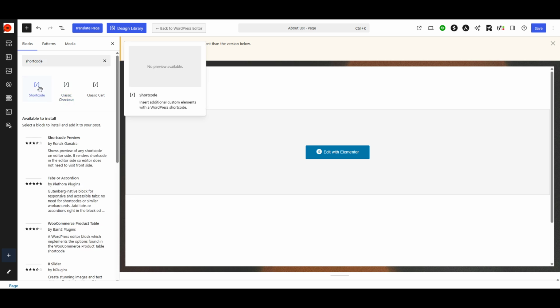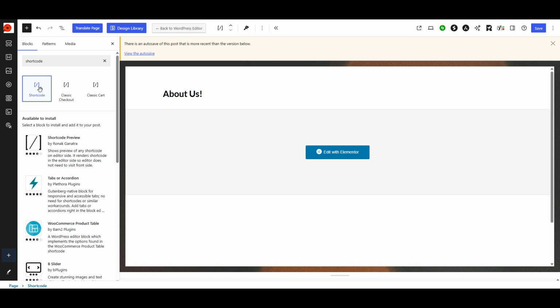Once you've located the shortcode block in your search results, click on it. By doing so, you'll insert the block into your post or page. This is where you'll input your specific shortcode. Shortcodes are typically enclosed in square brackets, like this: [shortcode]. They might be used for various plugins, such as WooCommerce, which can extend the capabilities of your site and